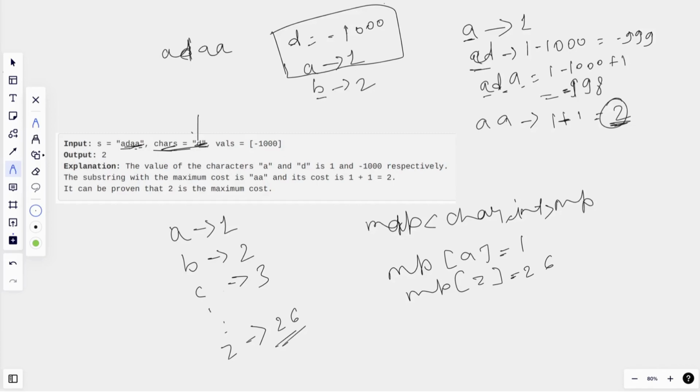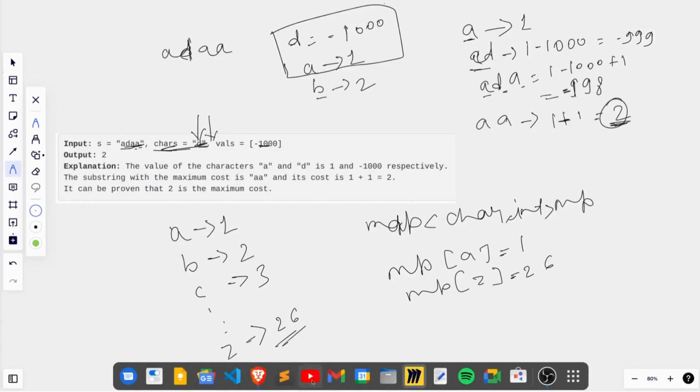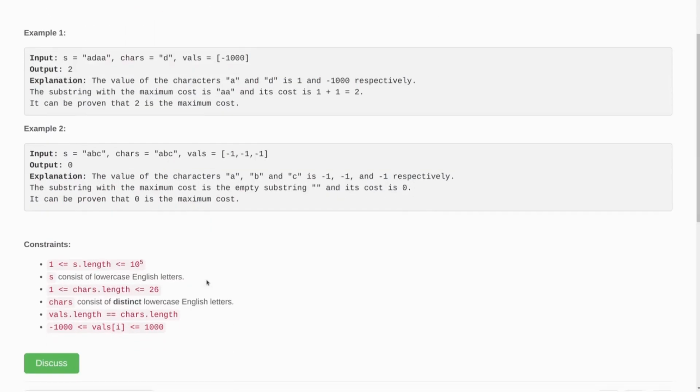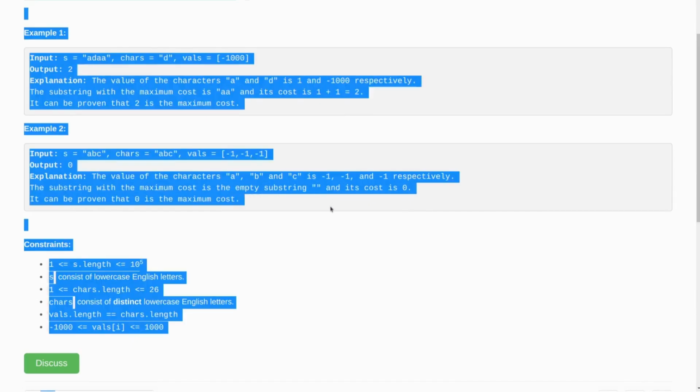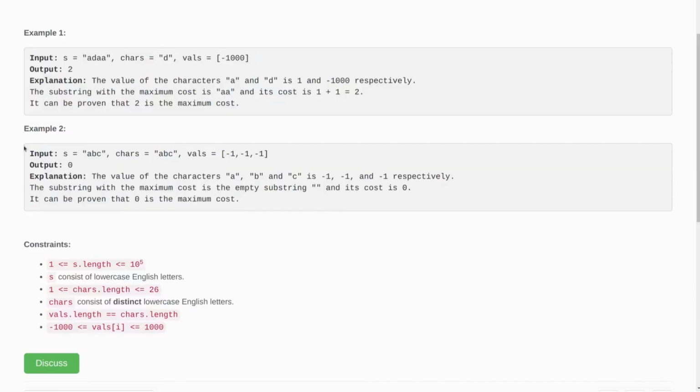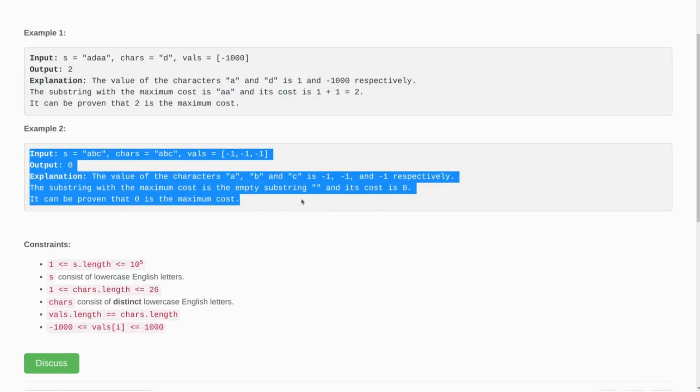I will iterate over each character of this chars string, and I will assign that character's value whatever is given in the vals array. Like if you see the second test case, here my chars array is ABC, and the values array. Wait a second, I will copy this test case.